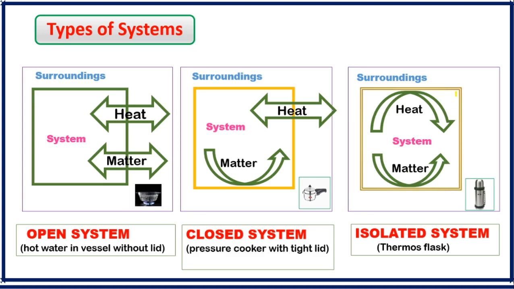The heat and matter both cannot be exchanged with the surroundings. For example, if you take a thermos flask, it cannot exchange its hotness with the surroundings. It cannot exchange the substance which is present inside it with the surroundings. Therefore, this thermos flask can be taken as an example for an isolated system. So, open system, closed system, isolated system, these three systems come under the types of systems in the study of